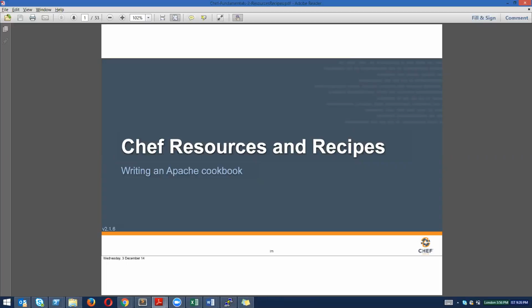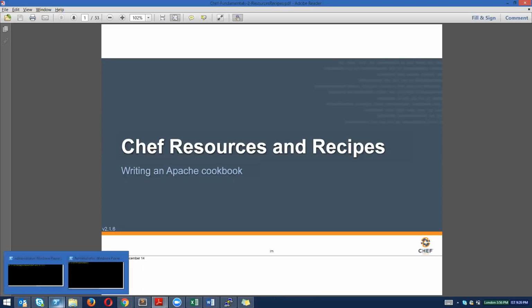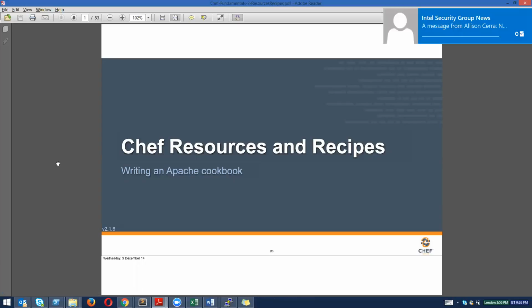So continuing with that, now we are assuming that we have a node which is configured, which is bootstrapped. We have a Chef server and a Chef workstation to work upon, and the node is already bootstrapped with the Chef server. So what we are going to do today is write a couple of resources and recipes. We'll see how exactly we work with them, right? We will see those things in action,